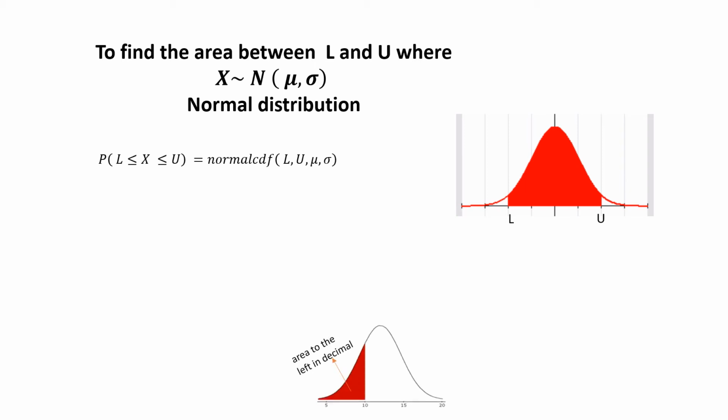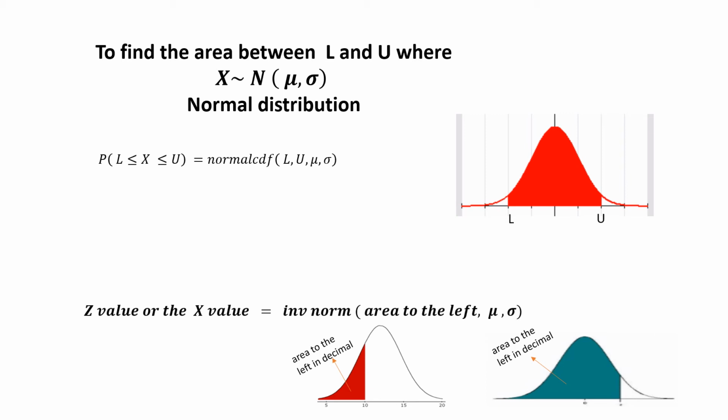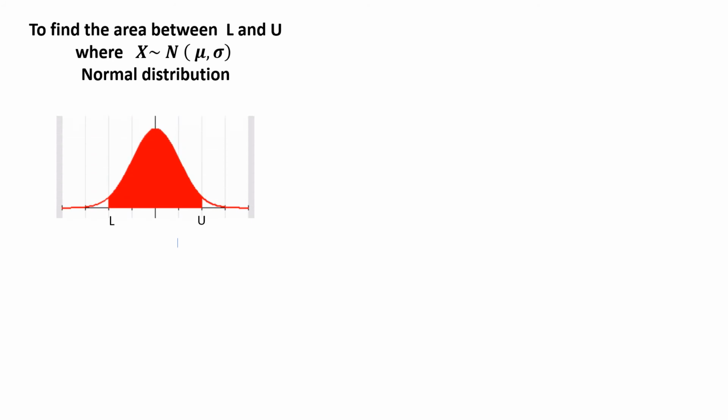And if you have the area to the left given in decimal, then you know that you can use the key inverse norm: area to the left, mu, sigma. These are the things we did in chapter 11. But here, in this case,